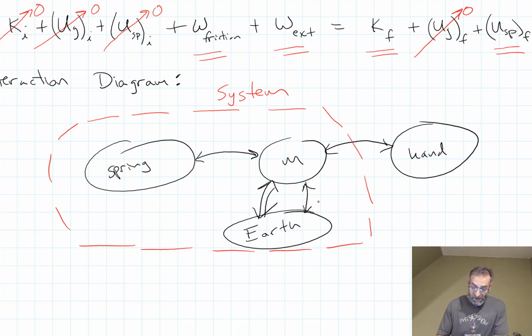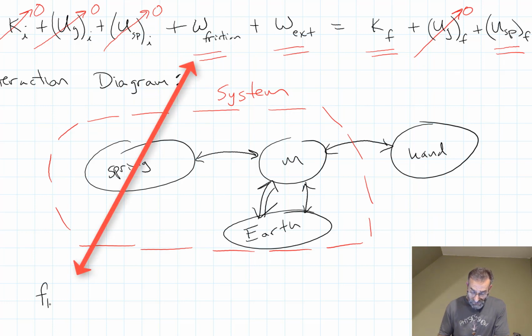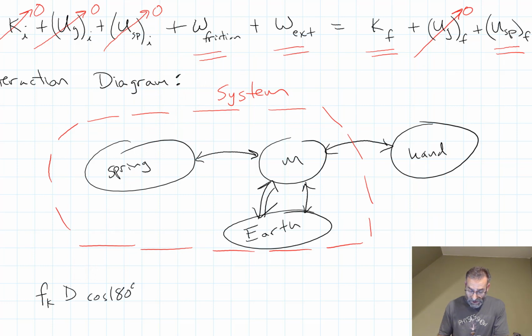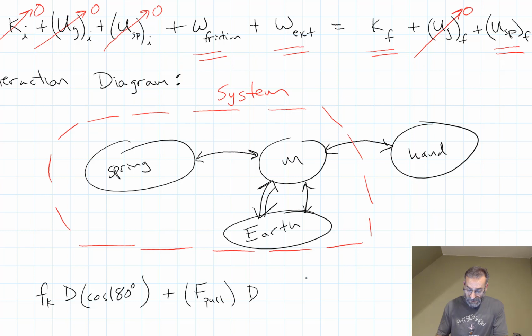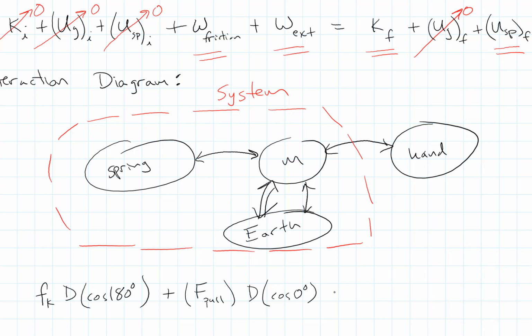So let's write out each of these terms. Work done by friction is going to be the force of friction times the distance times the cosine of 180 degrees. That's where our minus sign comes from. Work done by the external force is going to be the external force, F pull, times the distance times the cosine of 0 degrees, right? We're pulling in the same direction. And that has to